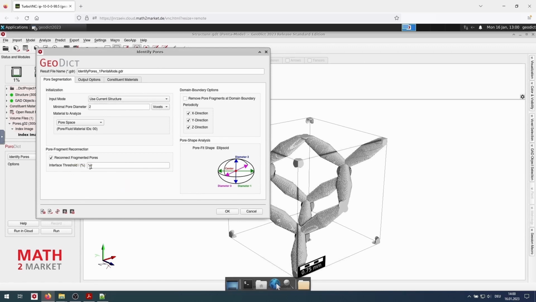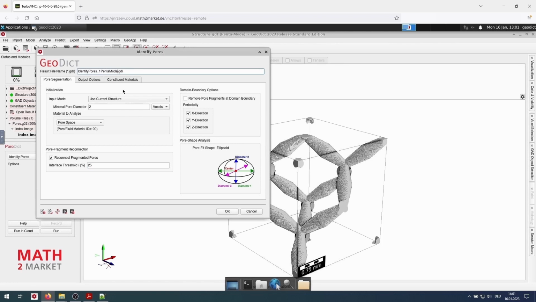For this case, we change the threshold to a larger value. If the ratio of the pore size and the area connecting both pores is larger than 14%, it's reconnected. In this case, we enlarge this threshold to 25 and see if they are still merged to a larger pore.